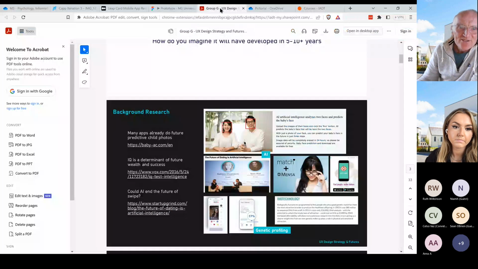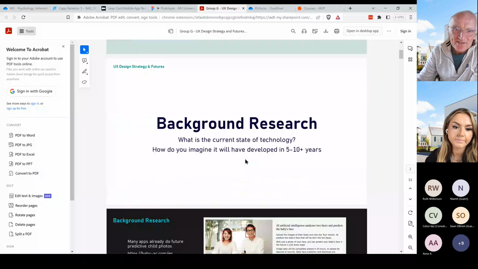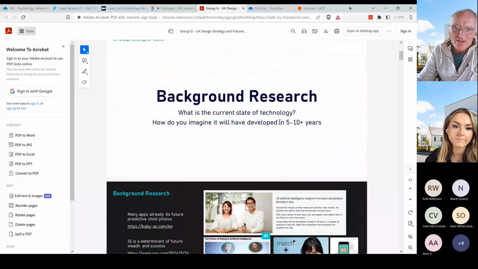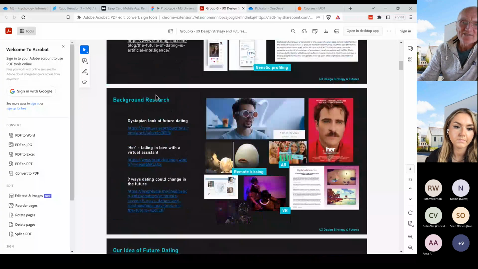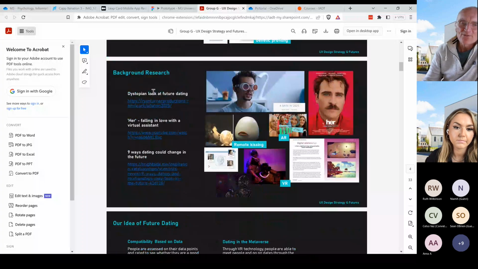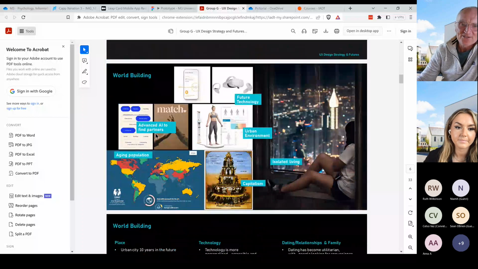The fourth module, we then had students doing research on speculative design. So this was a project trying to imagine, to save the world in 5 to 10 years time. And these students looked at dating apps in 10 years time and how AI would affect dating apps. And basically they did a whole load of research around the way dating apps currently work and what AI could do at the moment, how AI might change the way dating apps work in years to come.